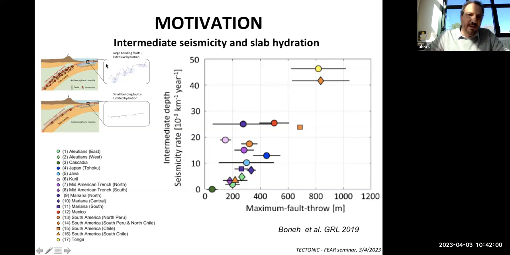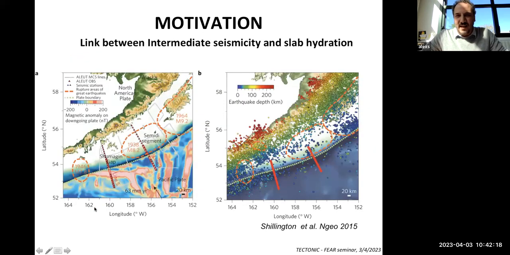And the more you bend it, the more you fracture it, and the more you fracture it, the more you have water that can enter deep into the mantle. And basically, the more water deep into the mantle, the more intermediate depth seismicity. And so here you see the case of 17 subduction zones around the world. You can actually see that in a given subduction zone only. So this is a beautiful paper, a seismic